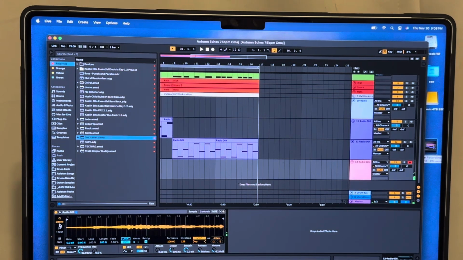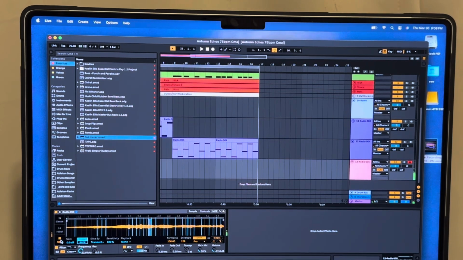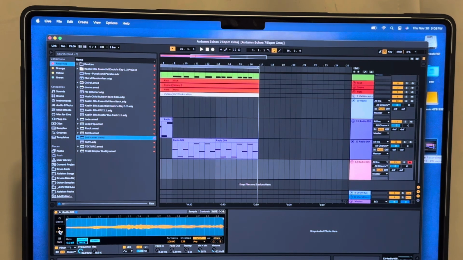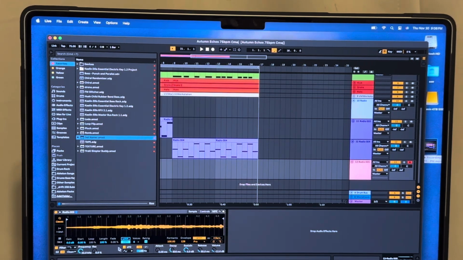Obviously, when you're in Classic, if you know Ableton, it's just playing that. Slice mode will slice it across, and you can adjust the slices, whether you're going to play back mono. One shot is more like for your drums. So let's say you're going to use this one. You could just